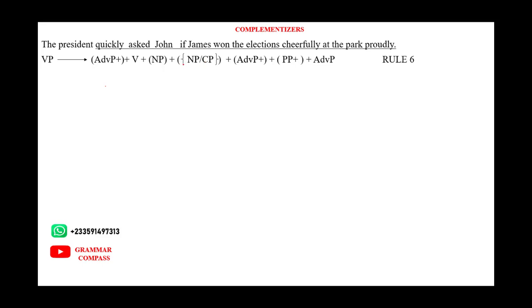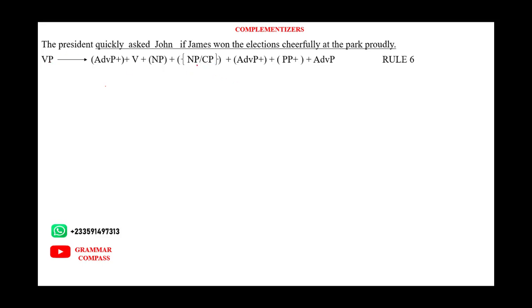Now that we have introduced complementizers, it means that we can revise the verb phrase rules. Kindly watch the video to see the last rule that we discussed on the verb phrases. You would realize that we have already talked about this structure of the verb phrase. But since we have included complementizers in our discussion, we are going to include a complementizer phrase in our last